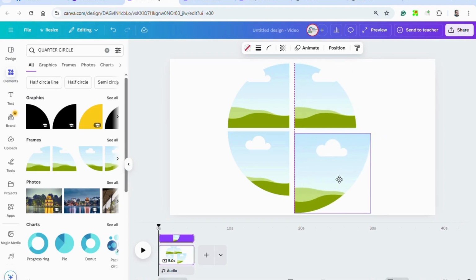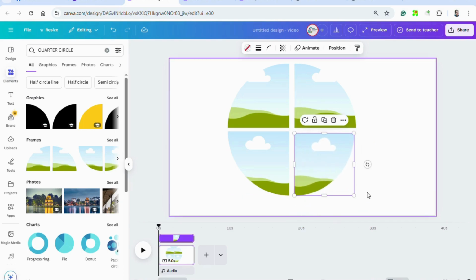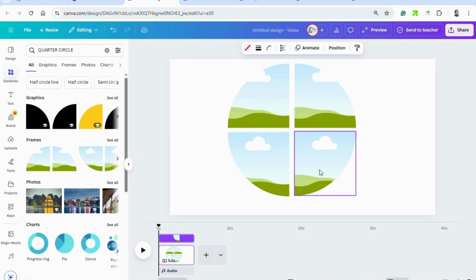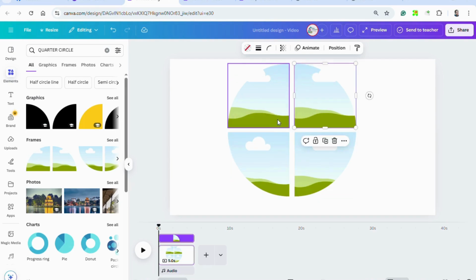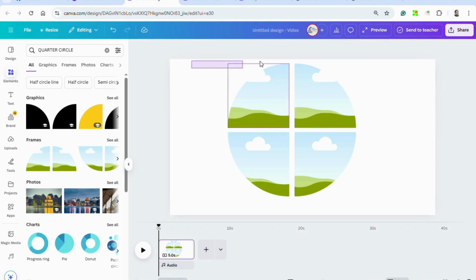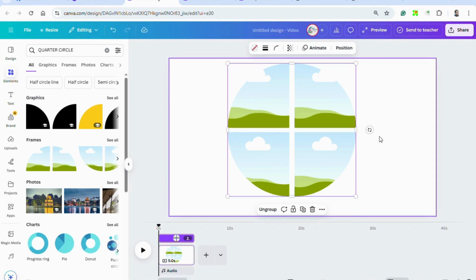And the last one is this quarter circle. Let's just move it a little bit. Highlight everything and then click group.